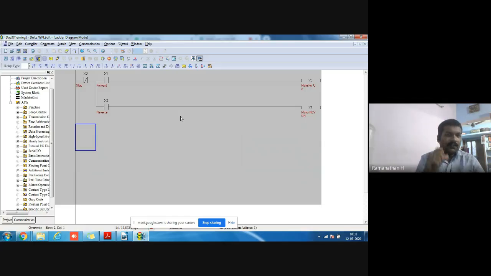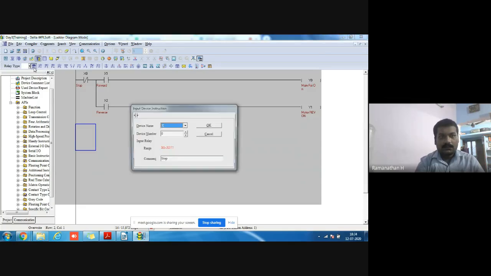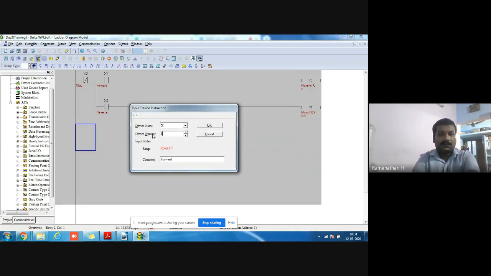When you turn on the forward coil or the reverse coil, the timer must be on at the same time.